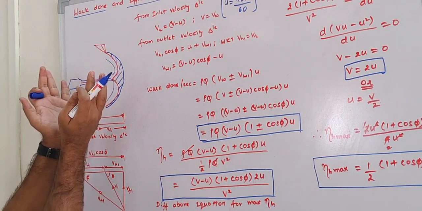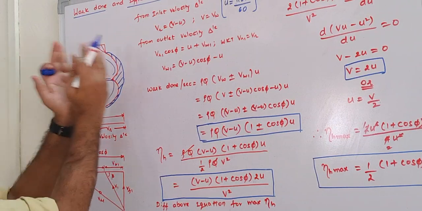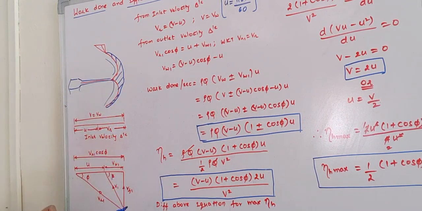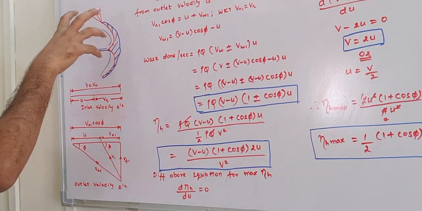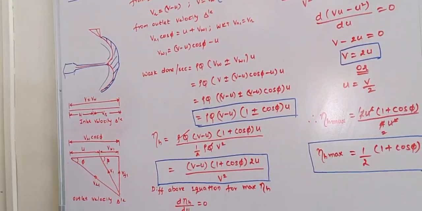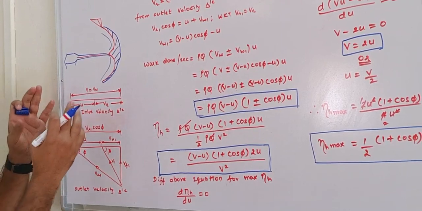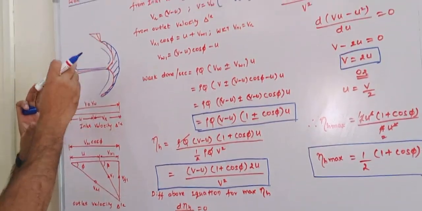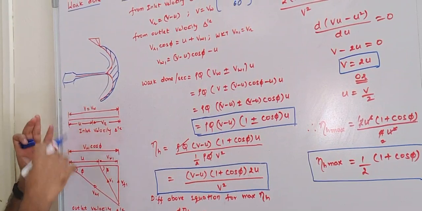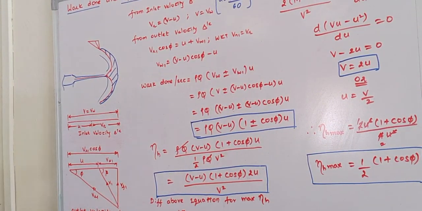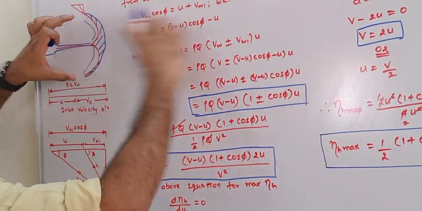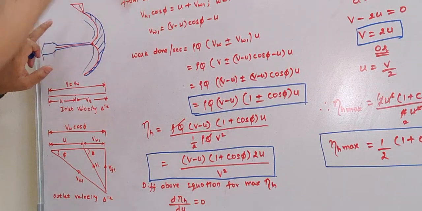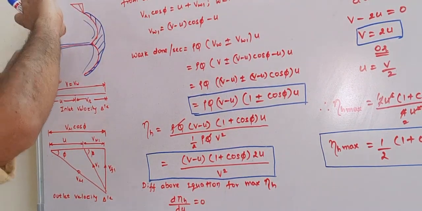Now we will try to understand the force acting on the vane with respect to our velocity triangles. We had already discussed the velocity triangle. So we want to define the velocity triangle for the Pelton wheel or one of the vanes. Before going to the inlet velocity triangle and outlet velocity triangle, I would like to explain one more thing. Here the vane is not particularly moving in the x direction. It is moving in a radial direction, but that radial direction remains constant.